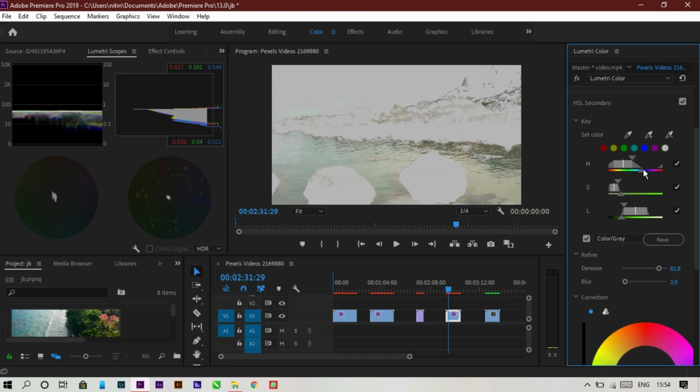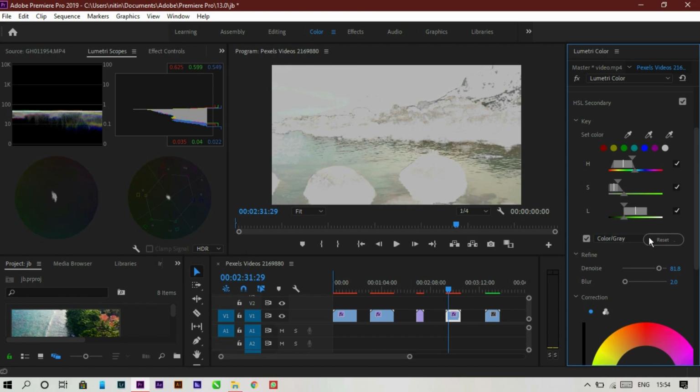hue, just like this. And if hue is not working, then you can go to the saturation as well. You can increase or decrease the saturation by clicking on this button. I want to just remove those boulders. Okay, now in luminance you will increase the buffer as well, just like this. Okay, so I think it's kind of perfect.